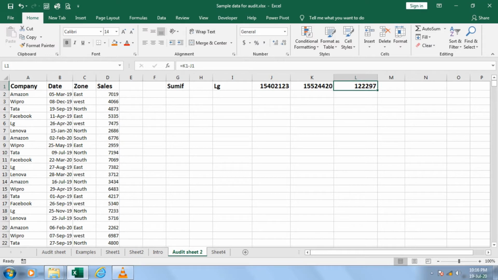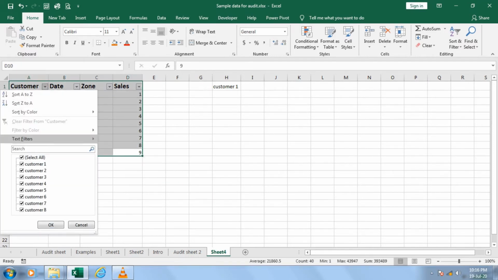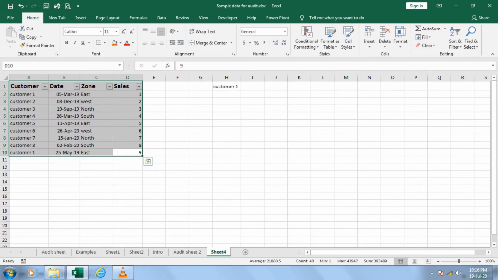That means we need to find it out. So guys, what makes a difference? See, it is a difference. To understand, let me go through another sheet, which is very basic, where you can understand. Okay, this is another sheet. Let me remove the filter part from here so that you can understand more clearly.